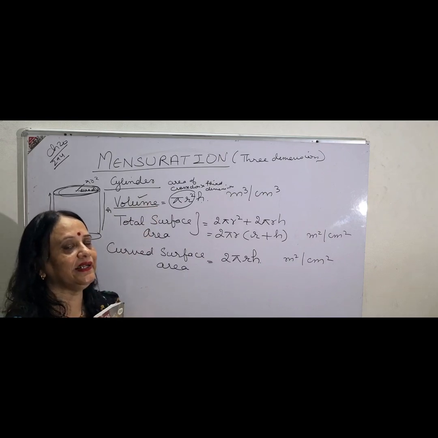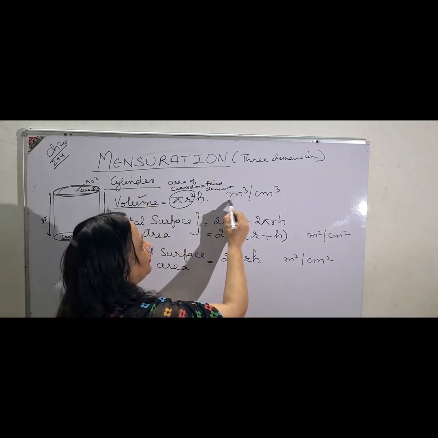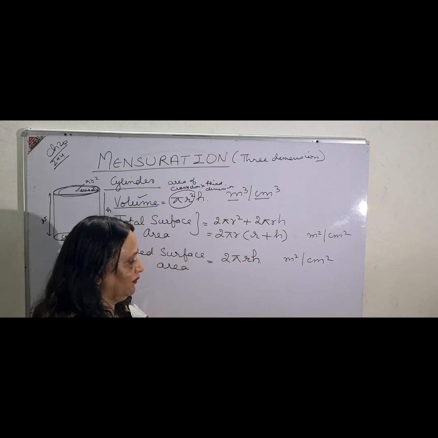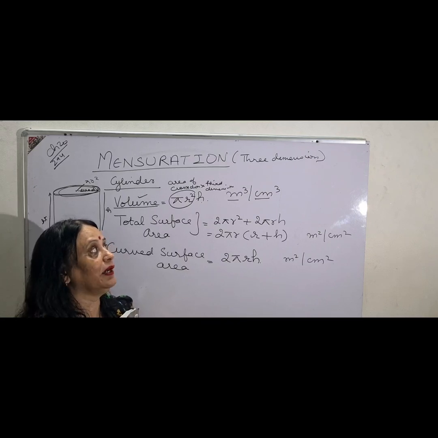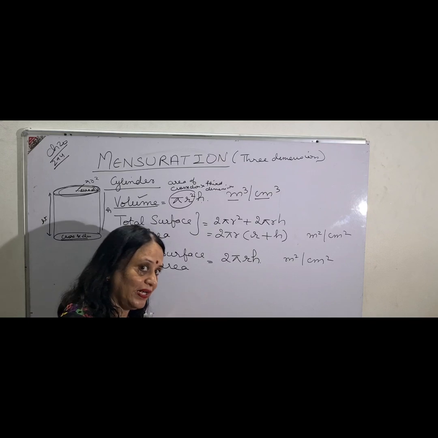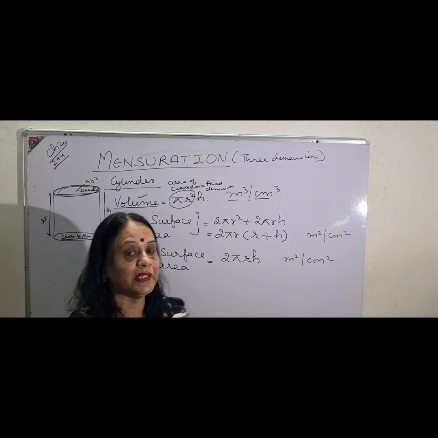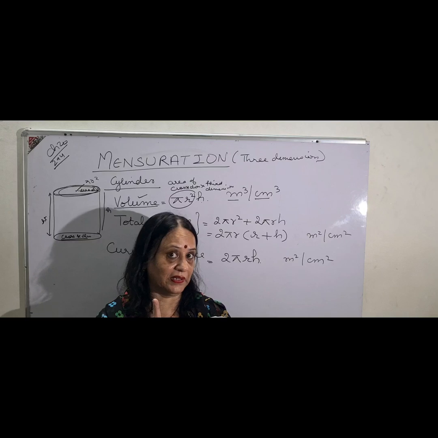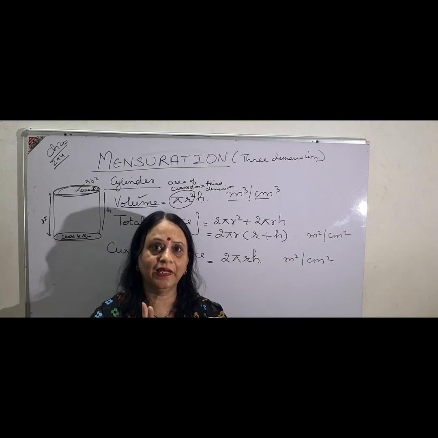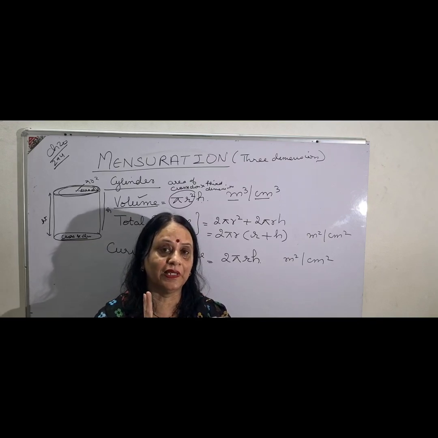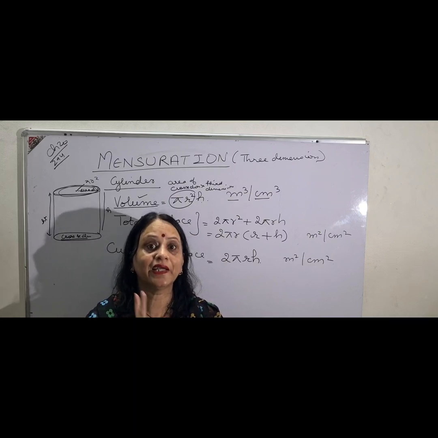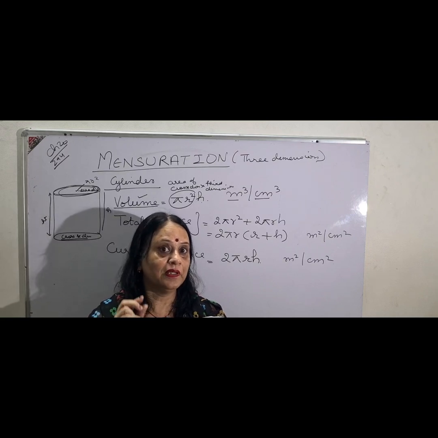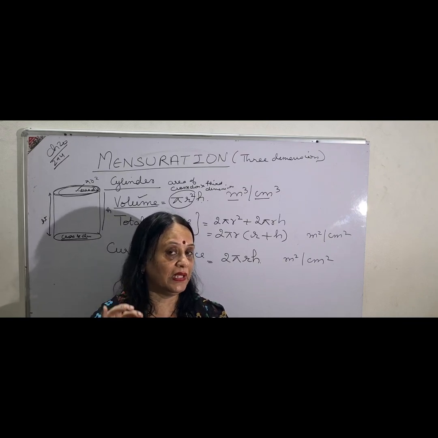And since it has 3 dimensions, its unit is meter cube and centimeter cube, and I have written it with the formulas. You can just imagine the importance of these units. Even if you find the answer, and if you have not written the unit, children, out of 4 you will get only 2 marks. First thing. Secondly, the formulas are to be written in each and every sum, because it carries marks. I am giving you the information, so please listen to me.